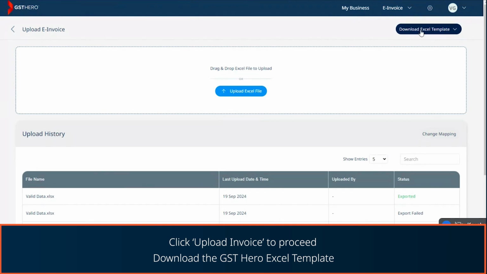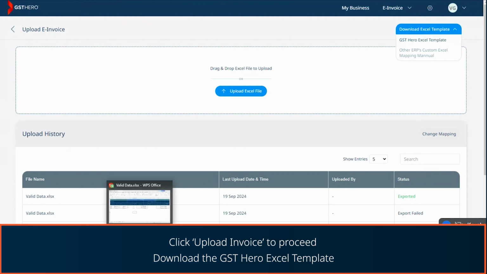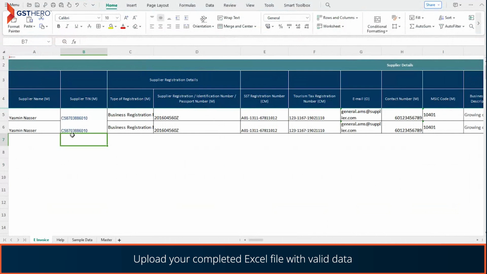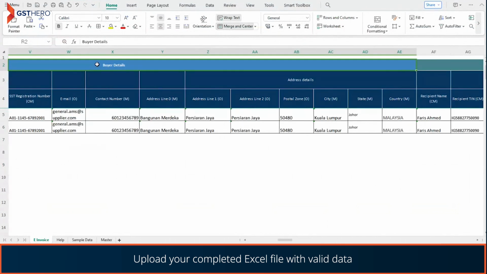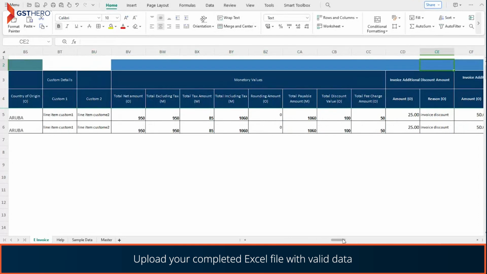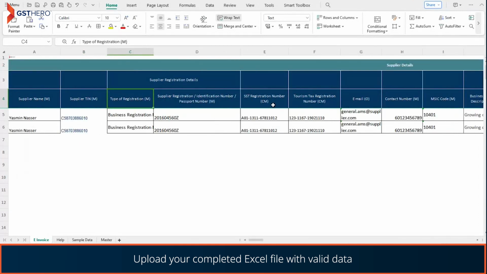What we have done is designed one Excel template using the fields which are mentioned in LHDN. I'll show you how it looks. We have given all the details in sections. The sections are divided into buyer section, supplier section, shipping details, e-invoice details, and then item details. Once you add the data and upload the Excel here,